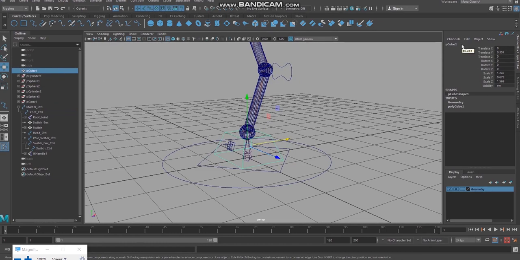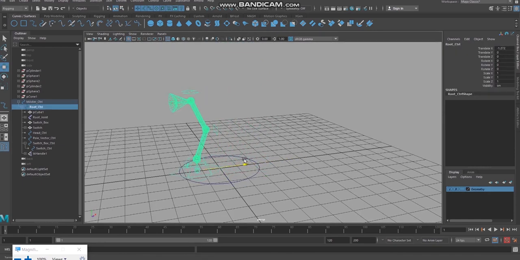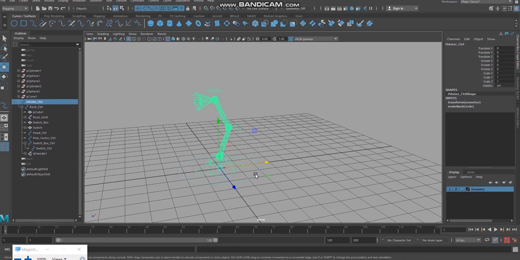I am giving the name, or actually no need to give the name, anyways for their understanding I'm giving the name base mesh, or better not to give any name because it is not having any connectivity or influence, so let it be in its own name. Click it and bring it under root control. Now if I select this and move, everything is moving, the root control, the master control, everything is moving.